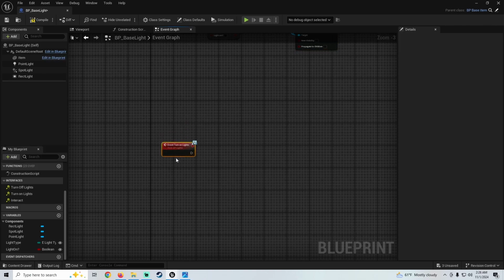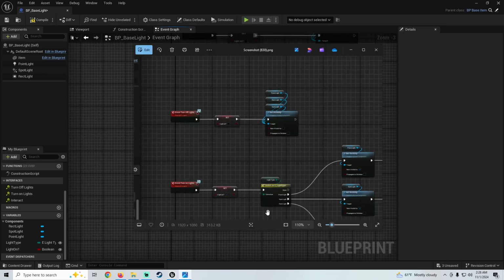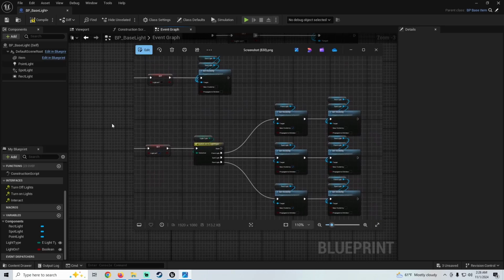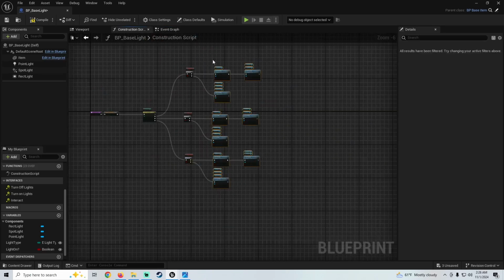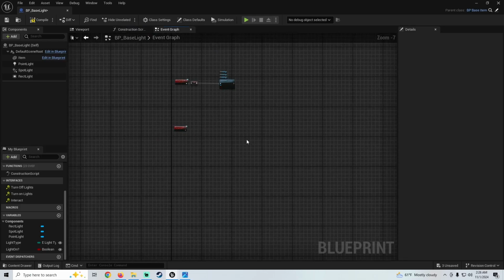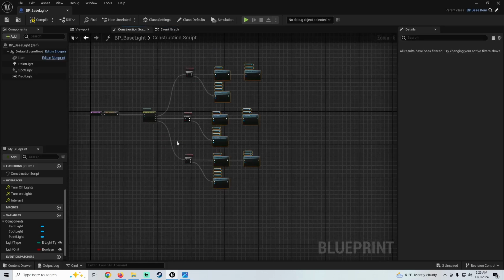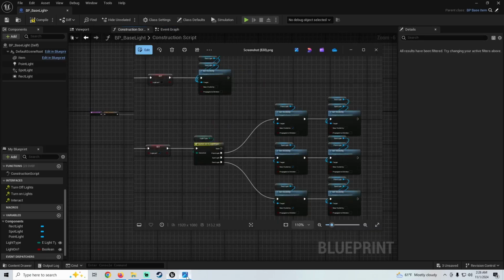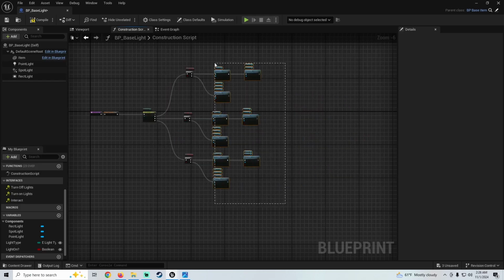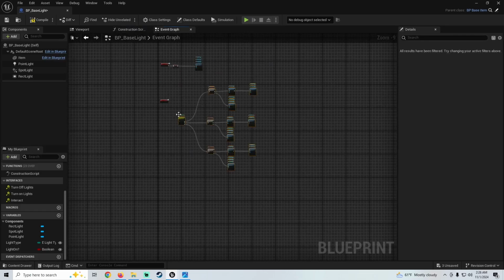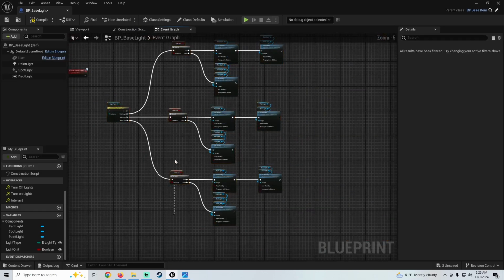And the only thing different we're doing is on our event turn on light. We're gonna do something pretty similar to what we did here. So I'm just gonna copy all of this, and I'm just gonna delete the turn off stuff. I'll just copy the whole thing, and we can just get rid of some of this. So I'm just gonna copy and paste that whole thing in there. We don't need these